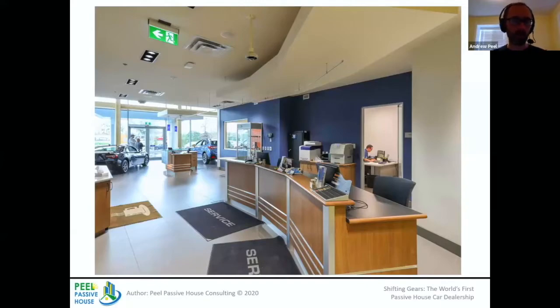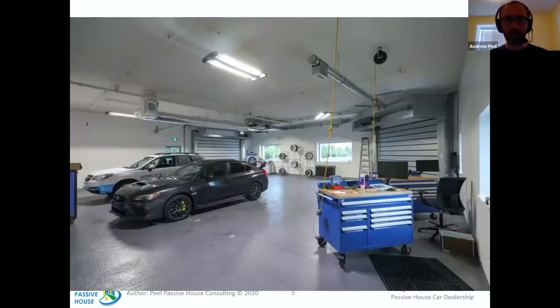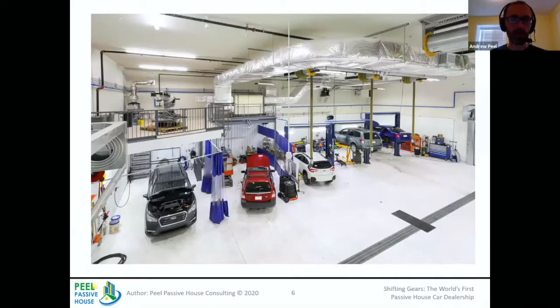It is a 2-level building. This is the drop zone, basically our drop-off car area, for showing the customers cars. Customers can drop off cars as well, and they'll bring them in this area before they get into the repair shop. And then we have the repair shop itself. Again, pretty standard